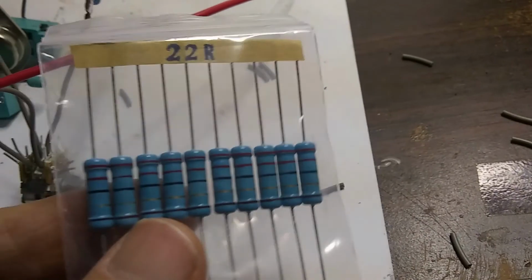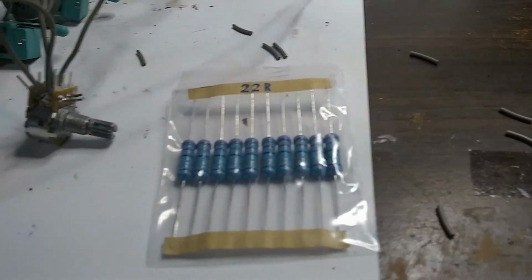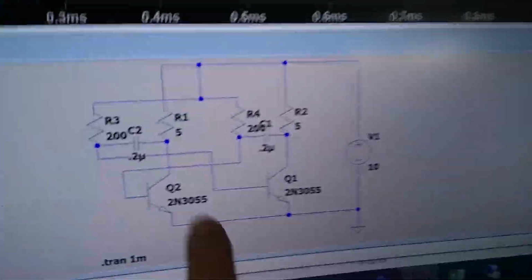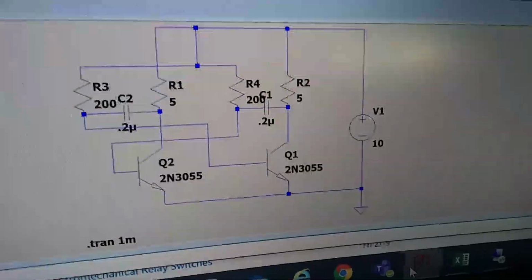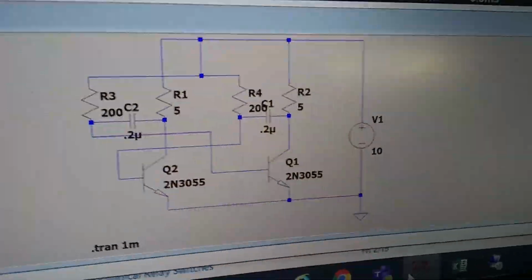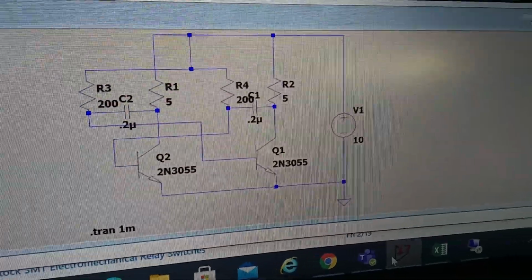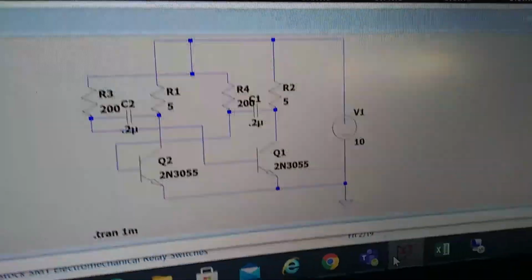Okay, again, it looks like the timing is, I just checked it. Let me see. Okay, so the timing of this circuit does depend critically on this value being 5 ohms. It'll change the frequency if that's not 5 ohms, which makes sense because that's also charging the capacitor. So we may have some implications when we hook up the transformer to this. So I may have to modify the circuit. We'll see. But anyway, for now,